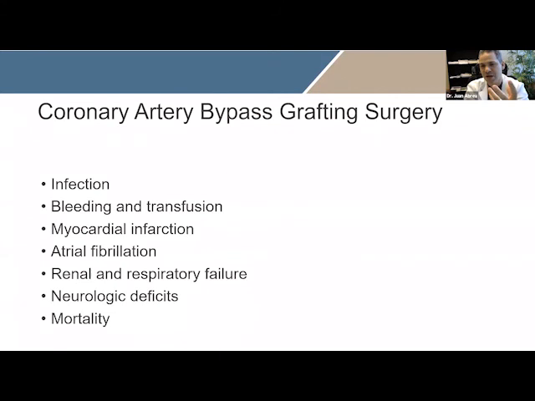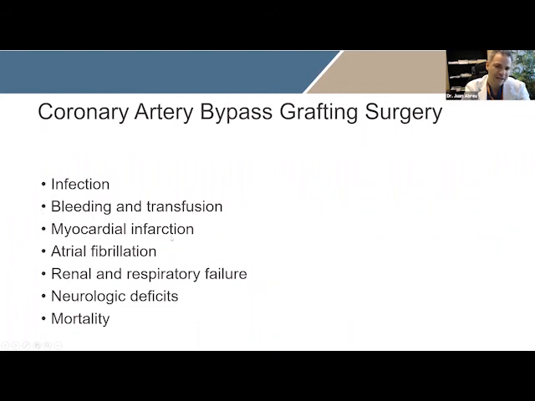The infection can be something big, deep in your body, or it can be something small, like a little redness here in the incision. We just open up, put a little band-aid, and some antibiotics, and it gets better. Infection rate is about 1 to 2%. It's not very high. Bleeding and the need for transfusion is very well described, with minimally invasive techniques and off-pump techniques being superior for bleeding and transfusion. But it's about, I would say, a 5% chance of having issues with that.